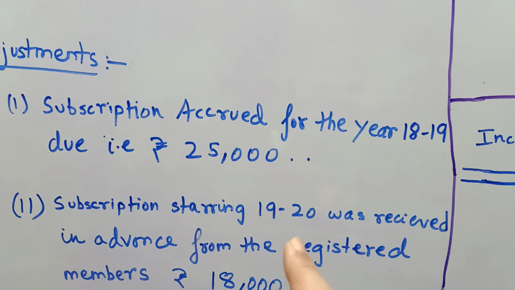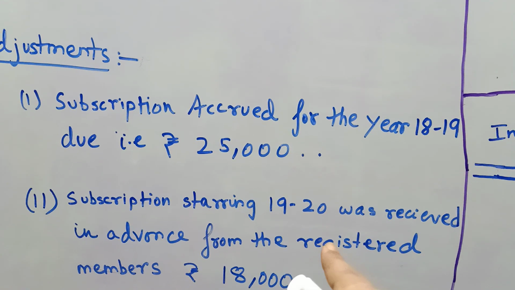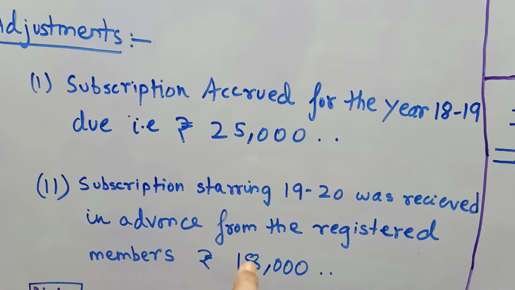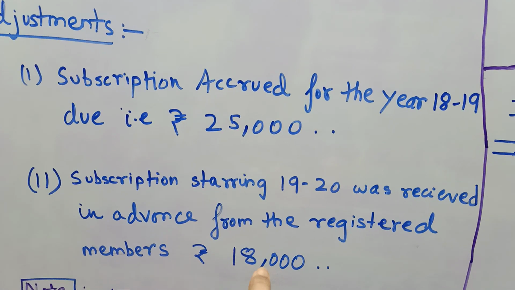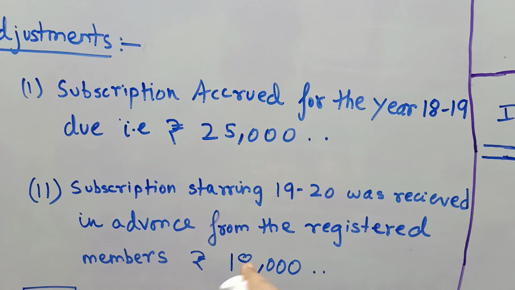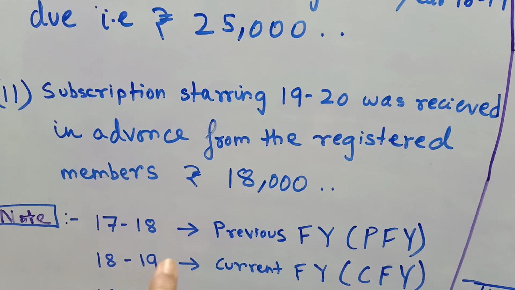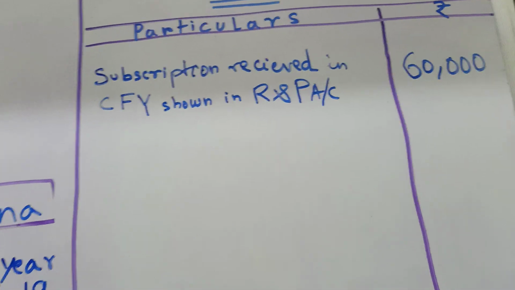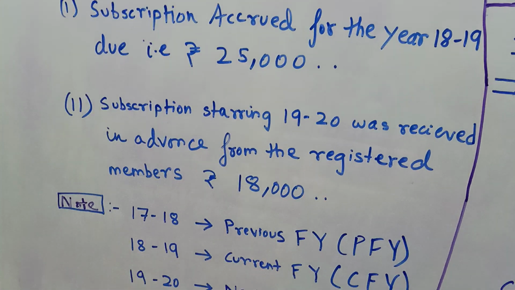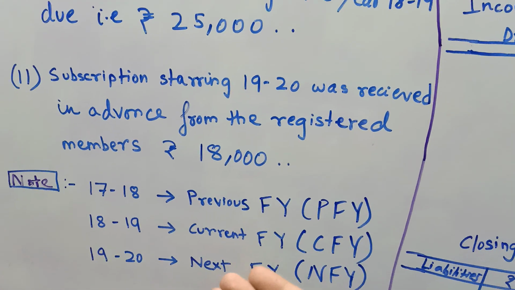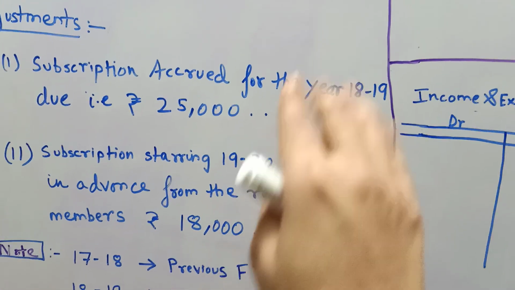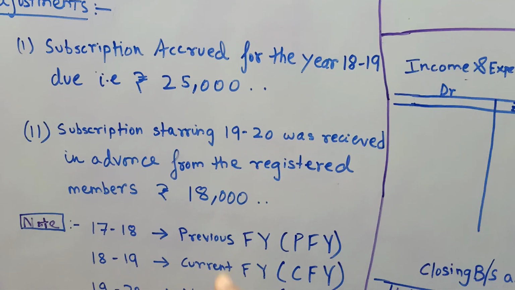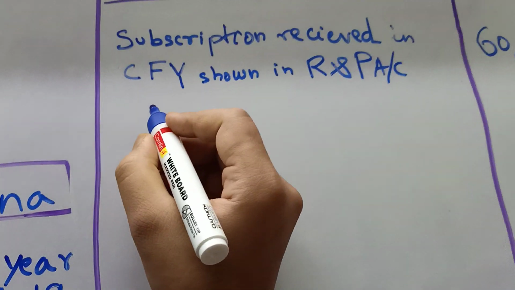It's clearly showing that for the financial year 1920, which has not yet come, its advance was received from the registered members for rupees 18,000 in the current financial year 1819. But since you know that the next financial year 1920 has not yet arrived, this receipt has to be deducted, because it cannot be shown as an income for the current financial year 1819. So here we deduct the first item,